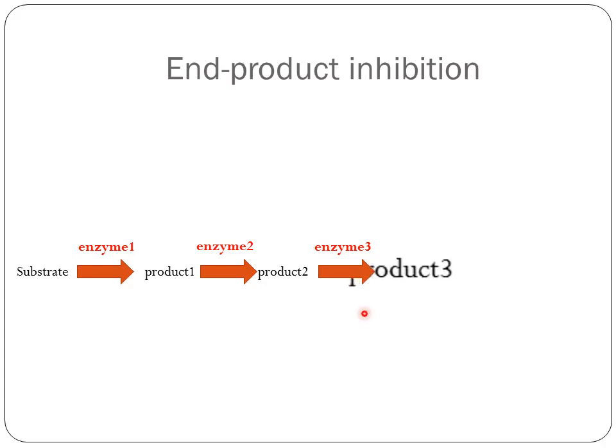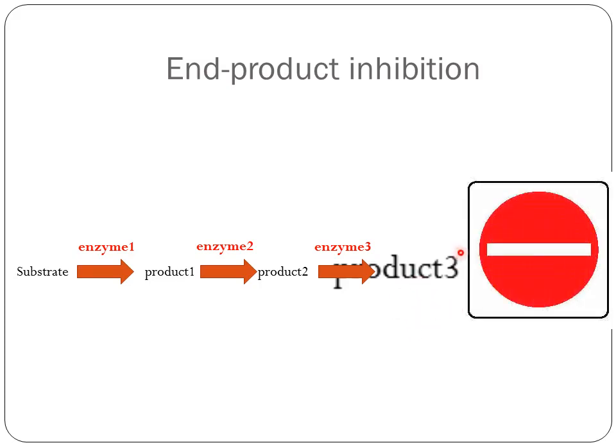Now, when product 3 increases, this might lead to lethal effects on the body. Why? Because sometimes the end product, which is product 3, might be toxic if its level exceeds certain levels. That's why metabolic reactions inside the body must not go uncontrolled. And this is an example. If this series of metabolic reactions runs in an uncontrolled fashion, product 3 will keep increasing in level, leading to some negative effects on the body. That's why there is a sort of control.